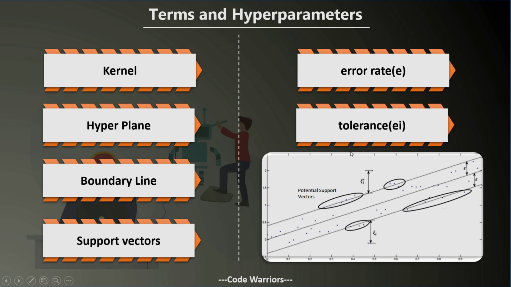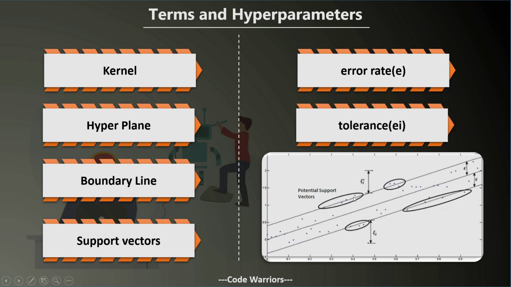So in this image you can see that this middle line is our best fitting line, that is our model, and you can also see a boundary above and below it, and that is the boundary line which is set to the error rate. In the hyperparameters, the first hyperparameter is the error rate, which is E, also referred to as epsilon. So epsilon defines how big or how small the boundary line will be. Here in this image you can see that there is a boundary line above and below our model, and the distance between the model and the boundary line is referred to as epsilon, which is the error rate, or I mean the threshold error rate it sets, right?